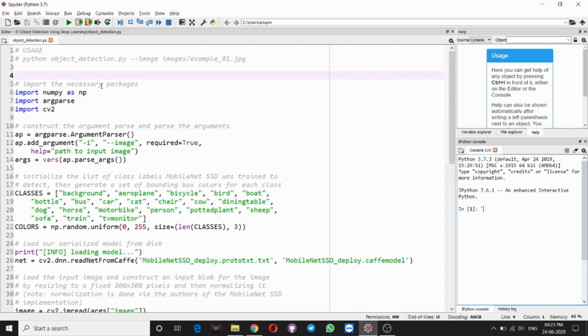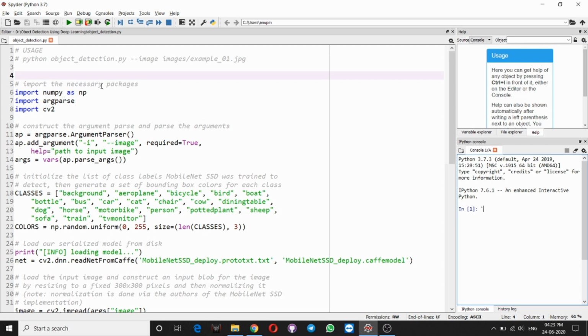In this we require the argument image, and we can give the name hyphen i or double hyphen image as the name of the argument. If we want it to be required, then we can mention required equal to true. And if you don't know what to write when running this code, you can also provide the help argument, so a user can understand what they have to input during runtime.